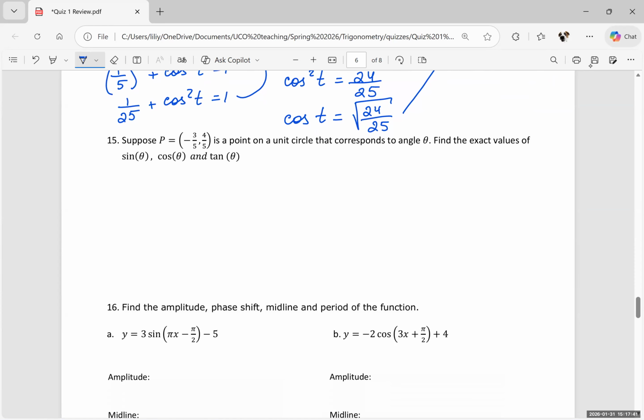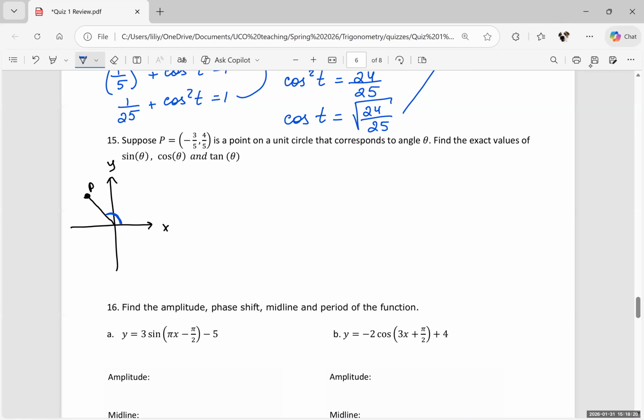Number 15, suppose that P has a coordinate of negative 3 over 5 and 4 over 5, and it's a point on the unit circle that corresponds to the angle theta. Find the exact values of sine, cosine, and tangent. It does help if you plot that point. It doesn't have to be exact, just the quadrant is what we're looking for. X and Y. So negative on the X, positive on the Y, that would be quadrant 2. So somewhere right here would be your point P, and your angle